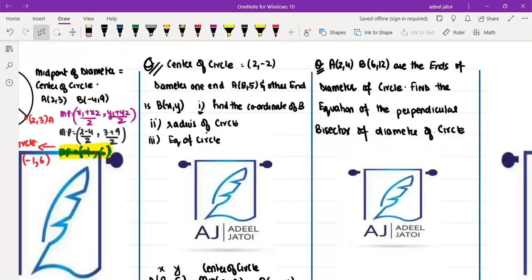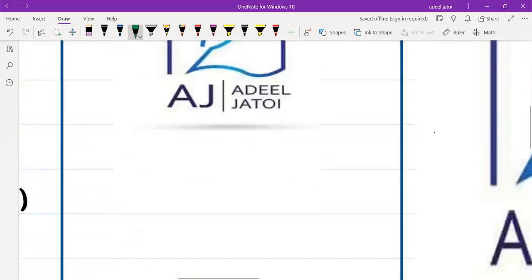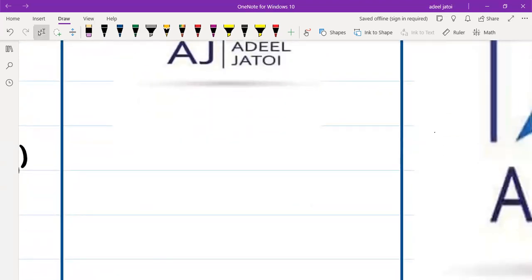The fourth example is that A is (2, 4) and B is (6, 12), the ends of the diameter of the circle. Find the equation of the perpendicular bisector of the diameter of the circle. That means if we have been given,